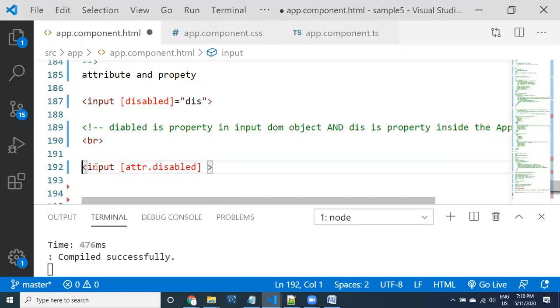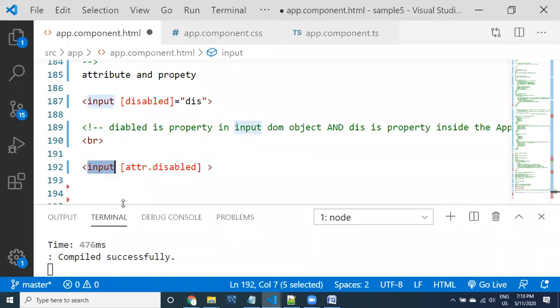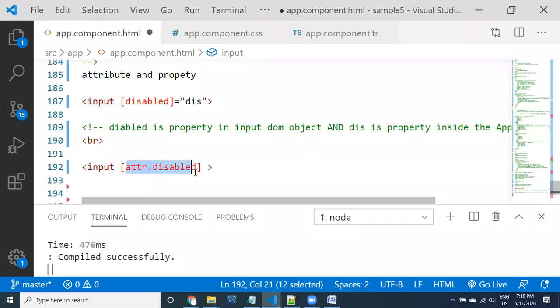I am talking about the input tag, but you can apply this attribute binding to any element in the HTML. Just for example's sake, I have taken input. But you may use this type of attribute binding for any kind of attributes inside the HTML, guys. Now let's look at it, guys. I'm going to use something like image null.